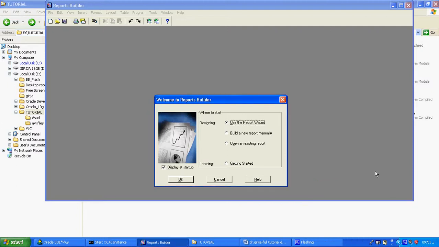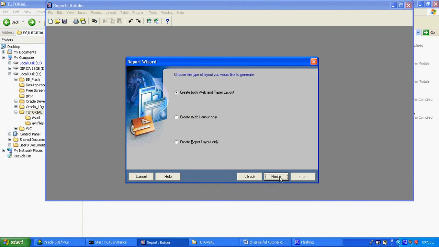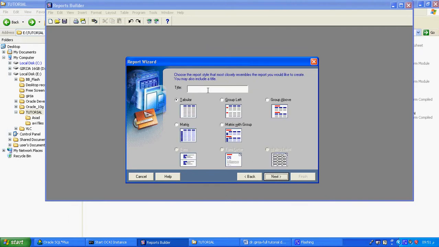Next we will do what is called a parameter report. Same way, we can use the report wizard. We can go and check the parameter report. What is the speciality of the parameter report? I want supplier details, supplier information.